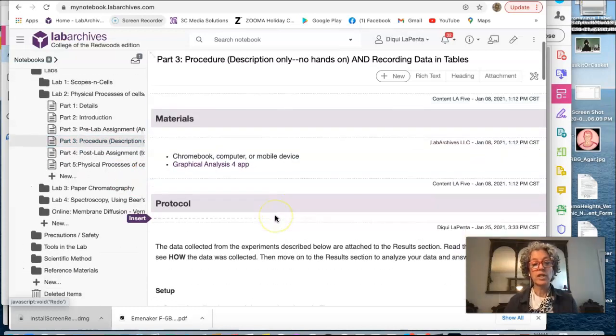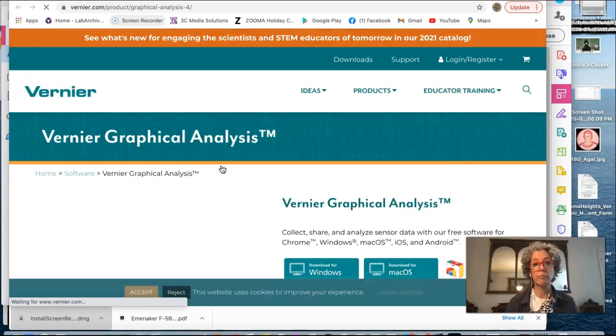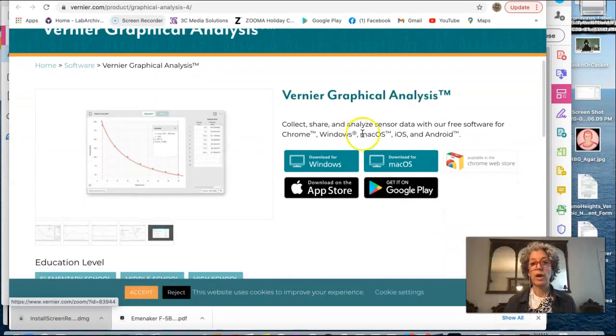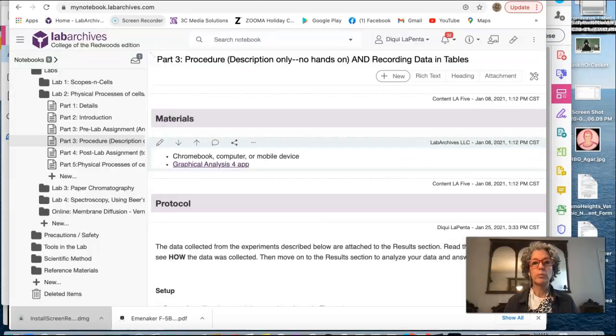And so the first thing you see, you're going to need some manner of a computer device and the graphical analysis app or program. I already have this, but I will click on it so you can see what shows up. If you are on a laptop or a desktop that uses Windows, versus the Mac OS, which is what I have, an iOS mobile device or an Android device. So that is how you would get the actual program. And then when you'll be using this,